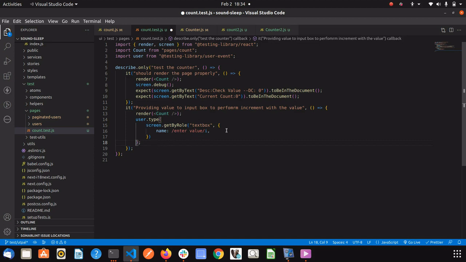So basically we got the element, and the next thing is what we should do. We need to write something right there. So just a comma, and we write some value, 3. Okay, now the next step is to